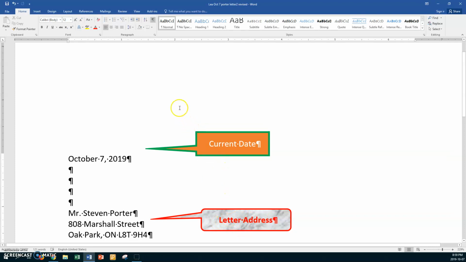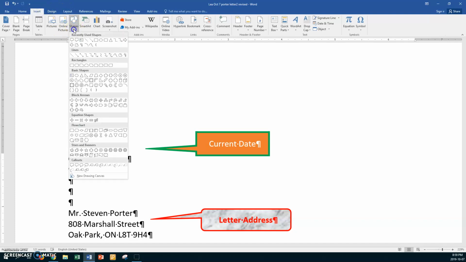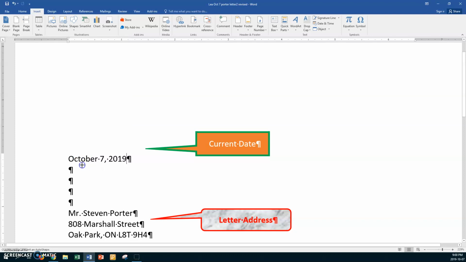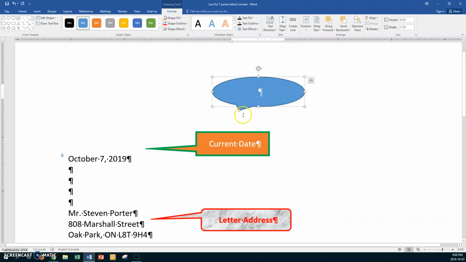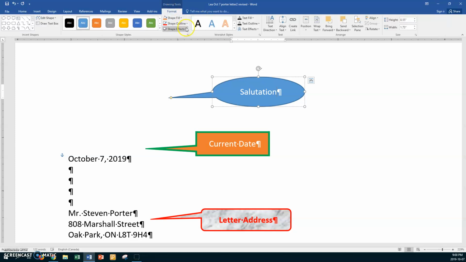Now what we want to do is I want to put another shape in. Insert, Shapes. And I want to go to the balloon. All right, and it'll look like this. And again, you can move it around. Okay, so first of all, I want to make it Calibri. And I want to put in here Salutation. Okay, and this time I want to go to Format, Shape Fill,